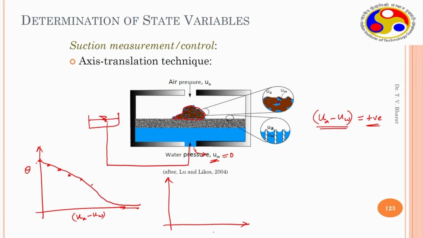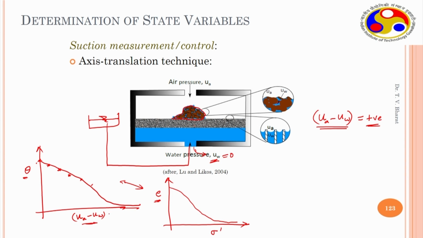In consolidation, you have sigma applied and you have void ratio on the y axis. So this void ratio is similar to your theta. This is water content and this is void ratio. Both are state variables. Here UA minus UW is the negative suction or matrix suction, and sigma is a positive load that is applied on the soil. At equilibrium, where 100% or 90% consolidation takes place, sigma is equal to sigma dash, and the curve is similar.